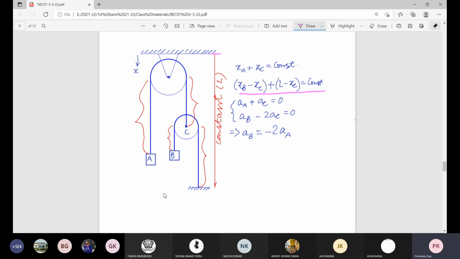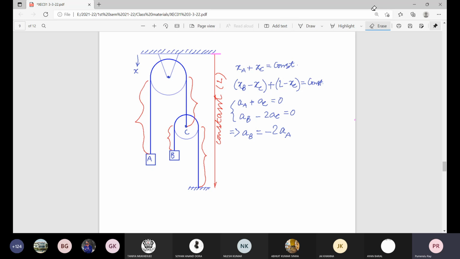This end is free, but the length of this portion is increasing with the upward movement of this location C, or this length decreases with the downward movement of the center of the pulley C. Okay, so please remember these simple but important